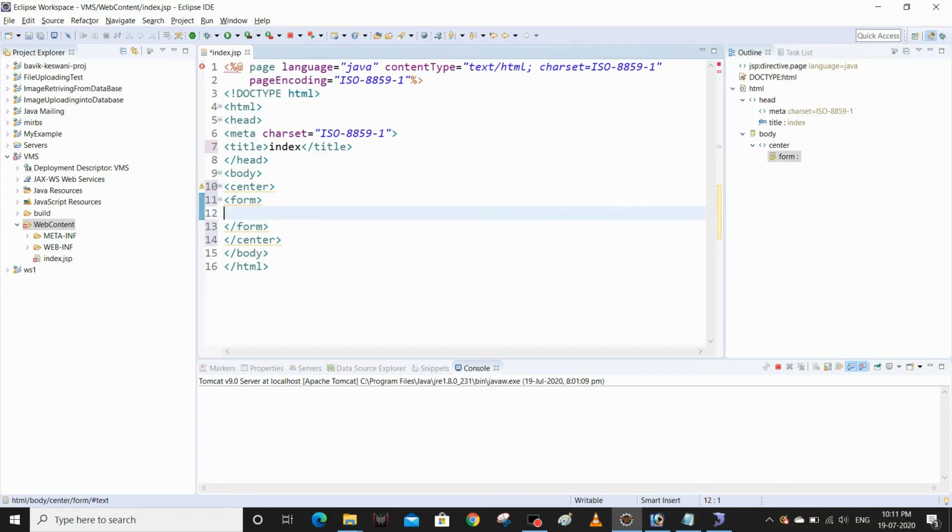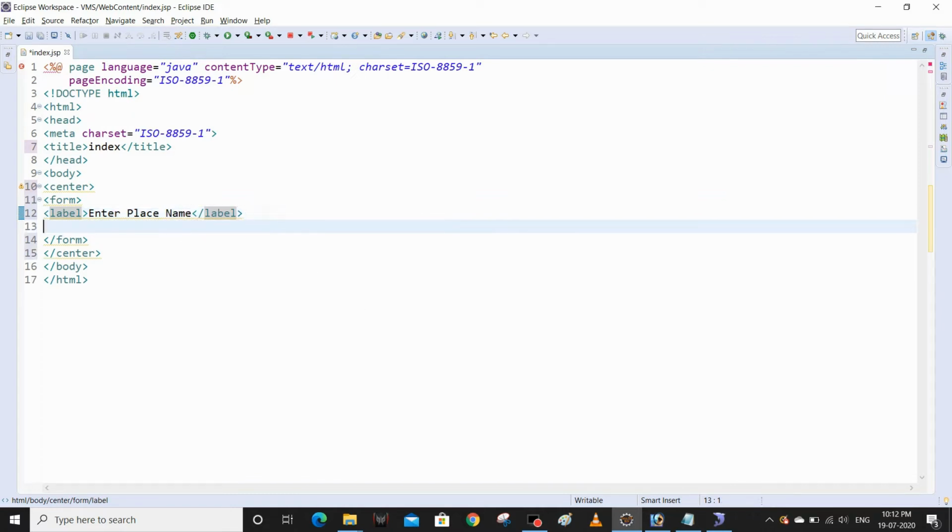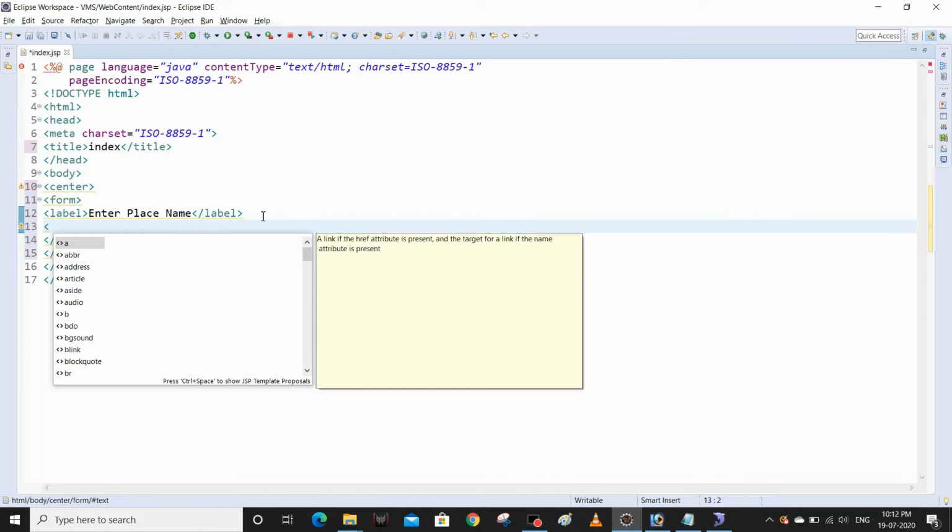Under the form, I'm going to create one text box, and before that one label: enter place name. Then I'm going to create one button here, which should be a submit button because it is a simple form.